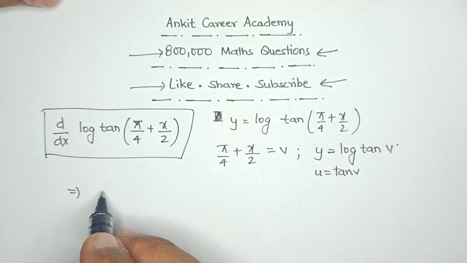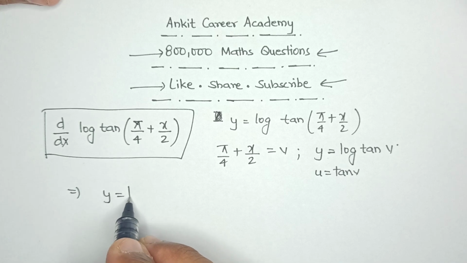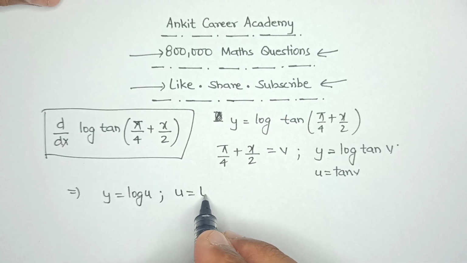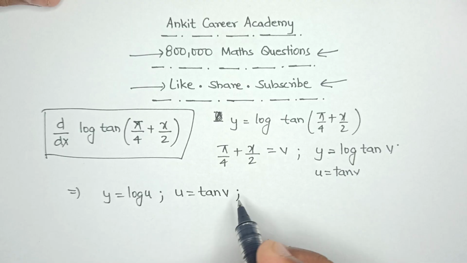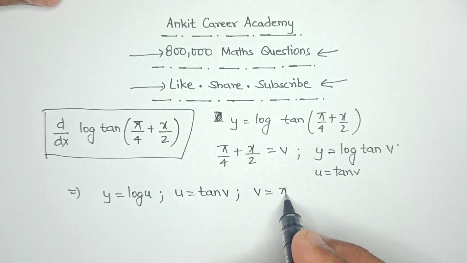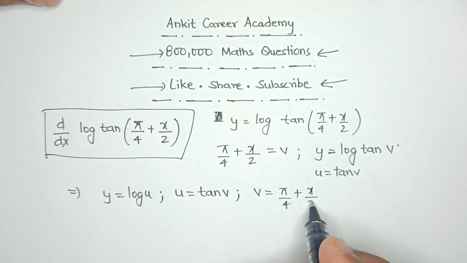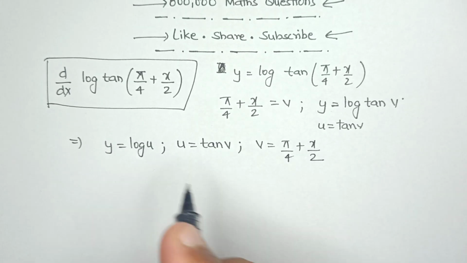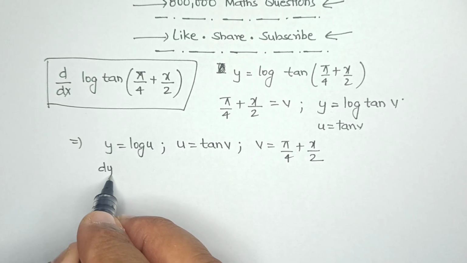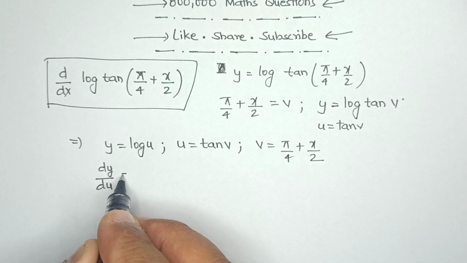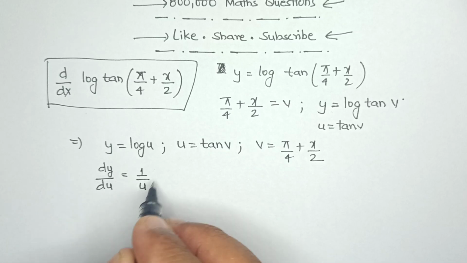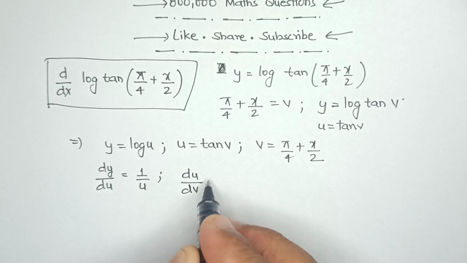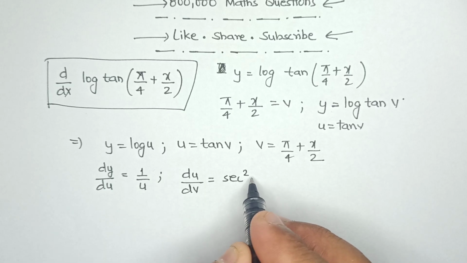So now what we have is a situation where we have the value of y as log of u, then the value of u is tan of v, and the value of v is equal to pi by 4 plus x divided by 2. Now let us sequentially calculate the derivatives over here. So the value of dy by du is equal to 1 by u, then the value of du by dv is equal to sec square v,